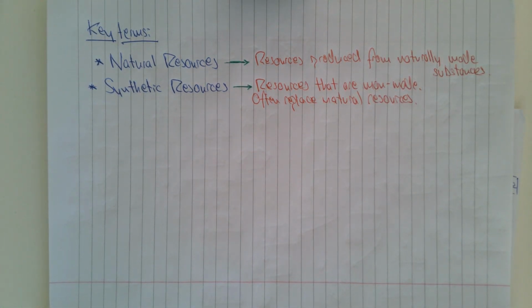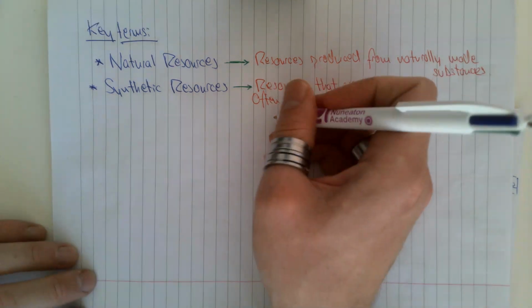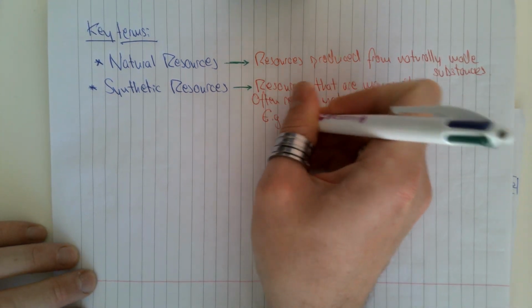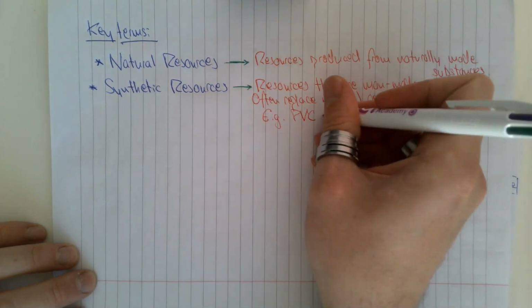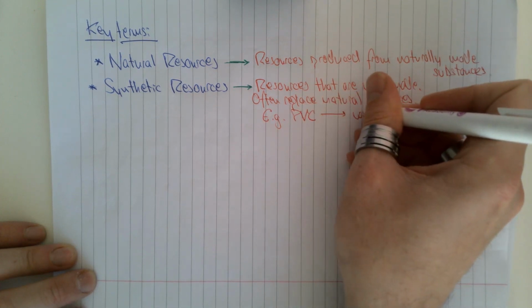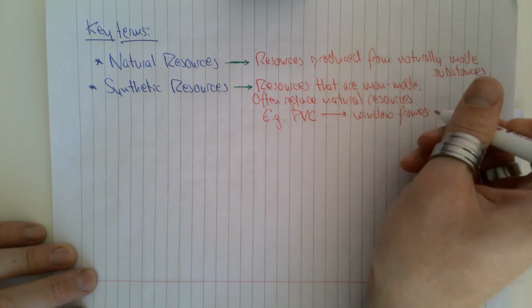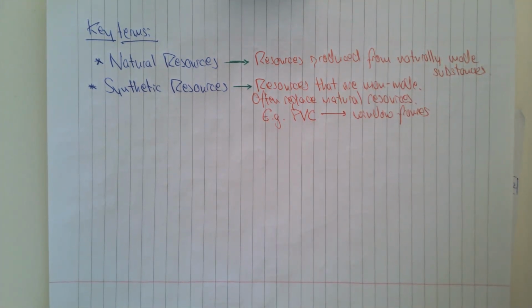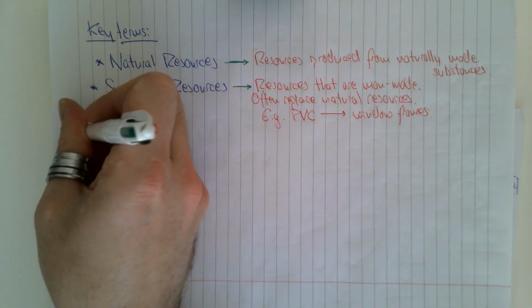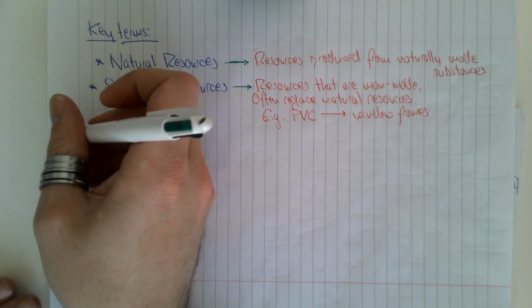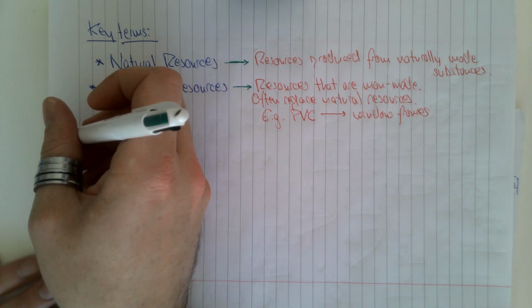So if we're thinking of examples, you might be thinking about things like PVC, which often is used to make things like window frames. It's way more durable than using something like wood, which used to be what window frames were made out of traditionally. And then the term I want us to make sure we are familiar with is